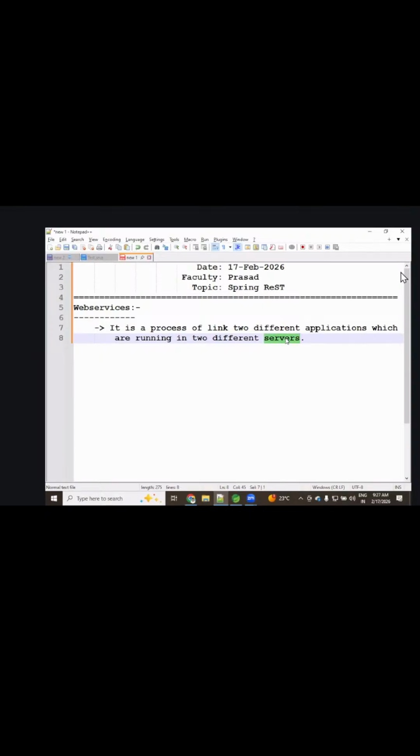Book My Show is one application. Paytm is another application.